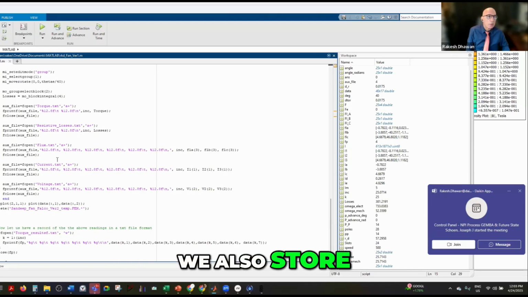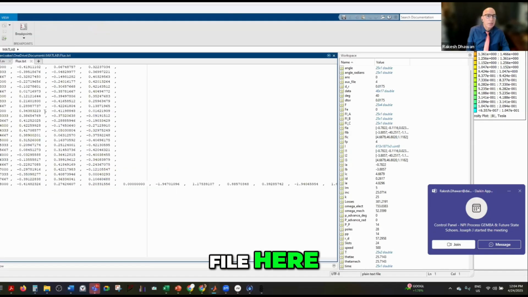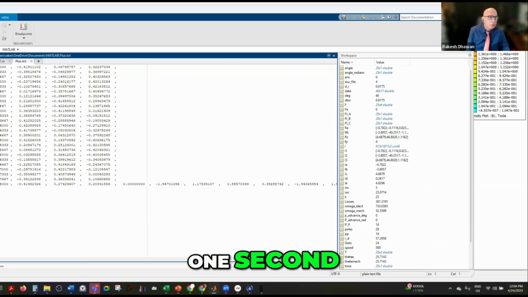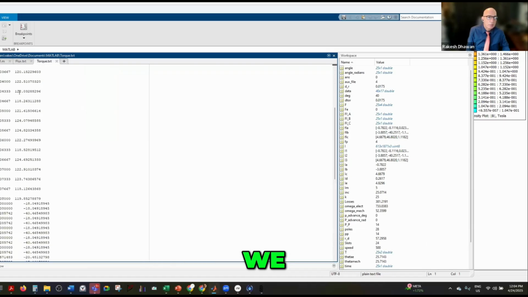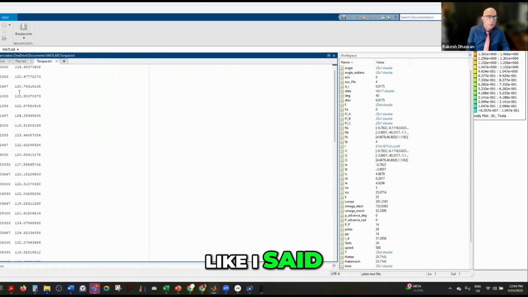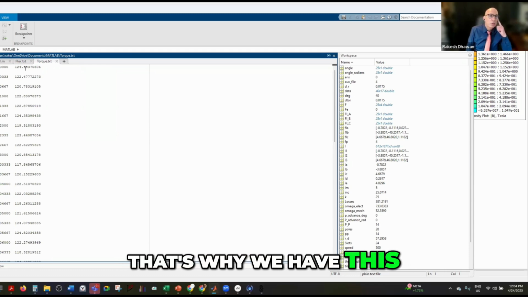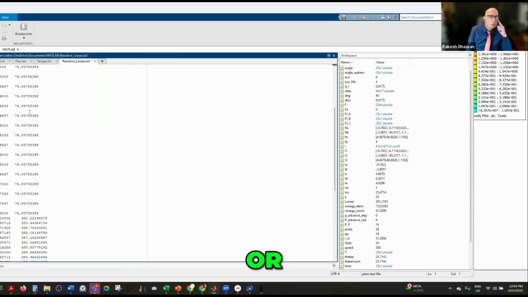And we also store what are called text files here. For example, there's a flux text file here. You can see we're storing the various values here. We also have a torque value. I guess this is at a very high RPM, 500 RPM. That's why we have these sort of boxes here for